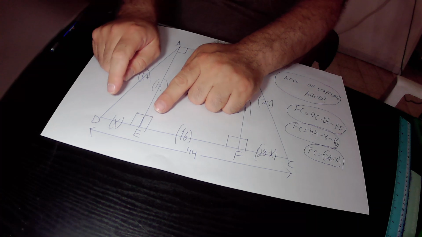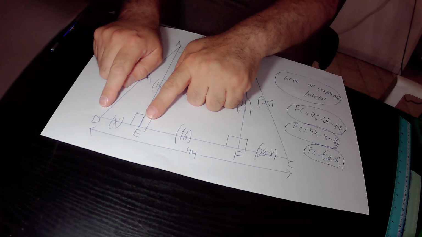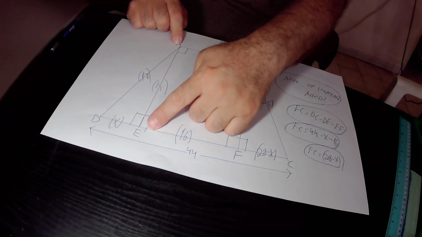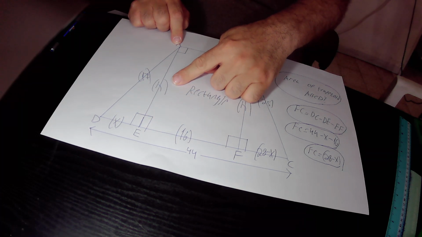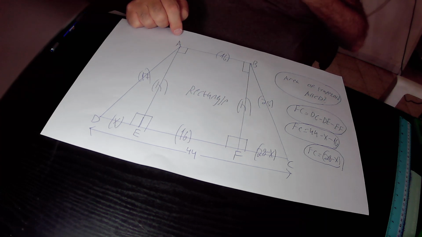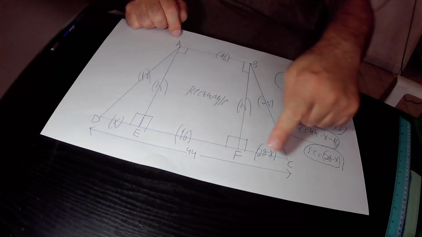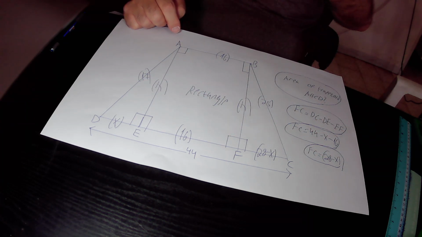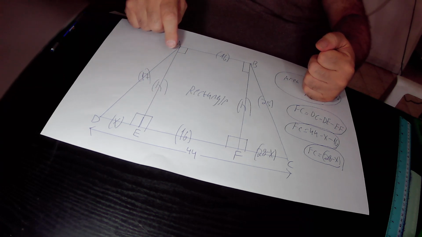Likewise, we defined the length of side DE as x. We define the length of side AE as h. AE is equal to h according to our definition. AE is also the height of trapezoid ABCD. Why is AE the height? Because AE creates 90 degrees with the base DC. So AE is both one side of the right triangle ADE, and also the height of this